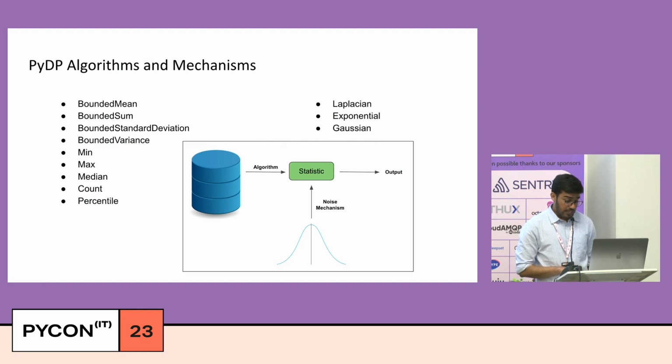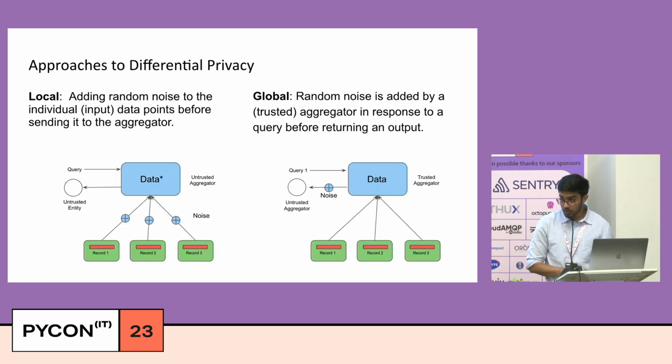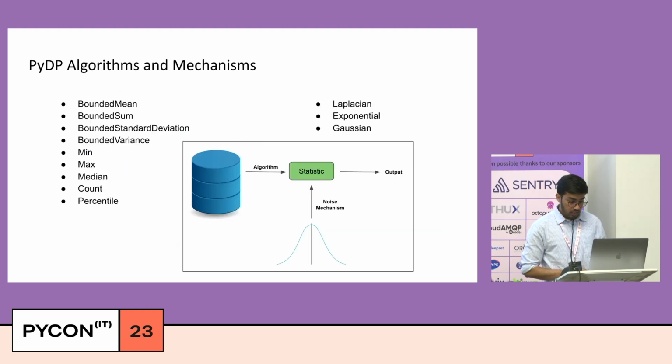And then, as I said, we add some noise to either our query result or our data. These are the 3 different kinds of noise we can add: Laplacian, exponential, or Gaussian. We can mathematically prove that adding these types of noise